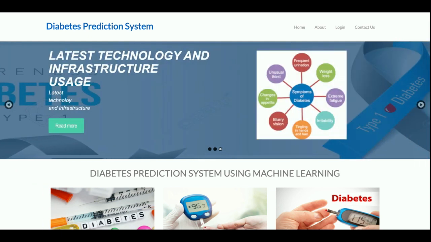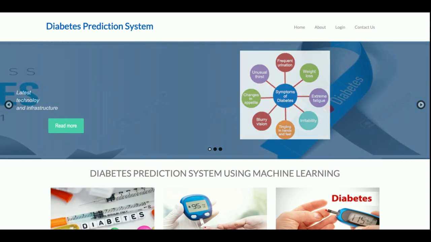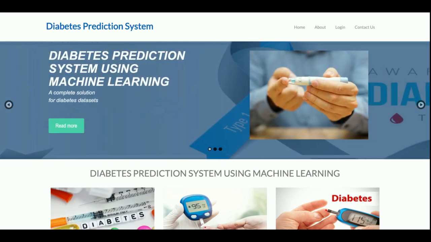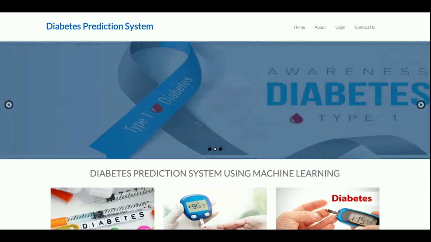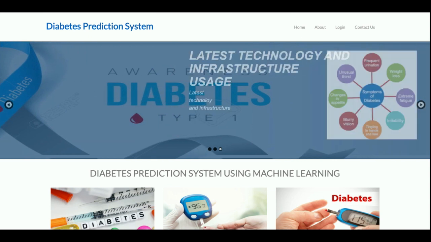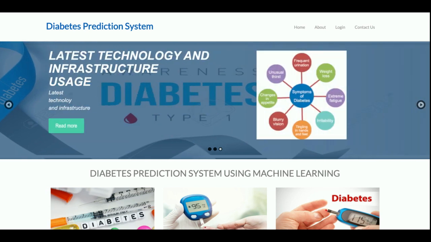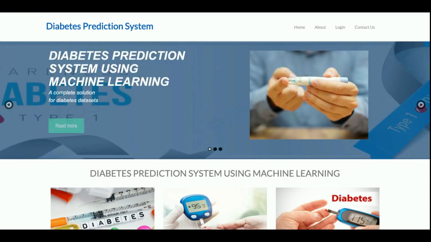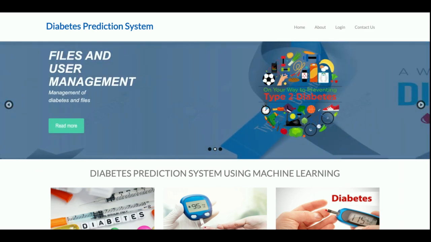I have added many things in this project, like graphs. You will be able to upload files. You will be able to predict diabetes on different data sets, right? You can upload multiple data sets, and after that you can predict your diabetes on multiple data sets. And the most important part of this project is the algorithms.